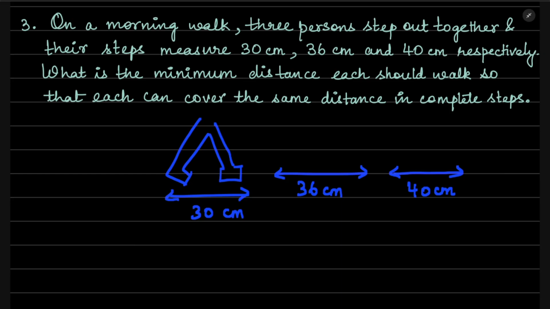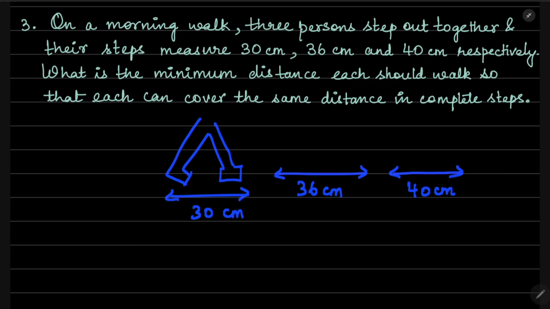Complete steps means, suppose the distance is say 120. 120 divided by 30 means 4 equal steps a person will be taking, and 3 equal steps the person C will be taking, right? Complete steps, 40 plus 40 plus 40 is 120. So it has to be complete. Now in order to know this,